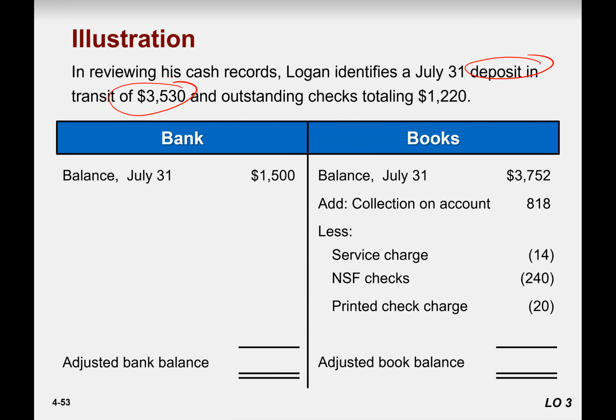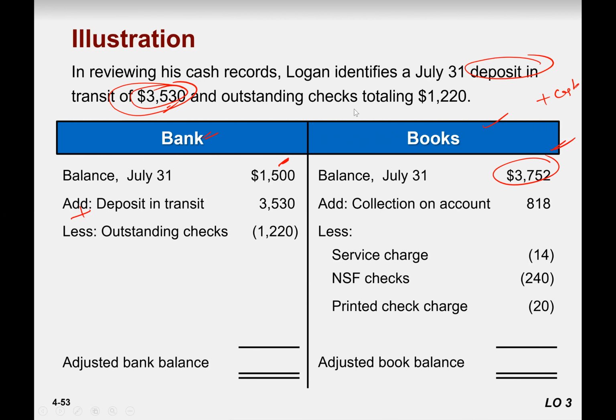And then in reviewing his cash record, they identify that there's a deposit in transit which is 3532 or 3530. It means the bank doesn't have this information, right? You deposit the check with the bank and it takes time to clear. Bank will not give you a higher balance unless your check is cleared. So from your point of view, when you received these checks, you already increased your cash in this balance, right? So you are reconciling the bank statement here with the deposit in transit, and then less outstanding checks of